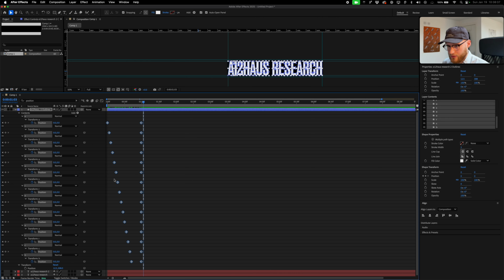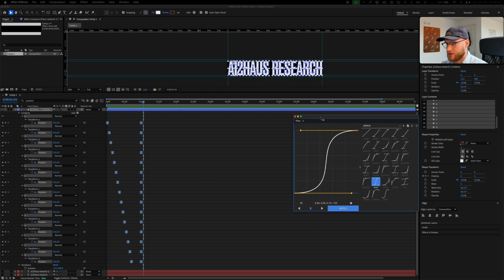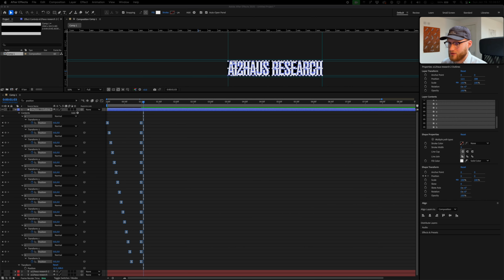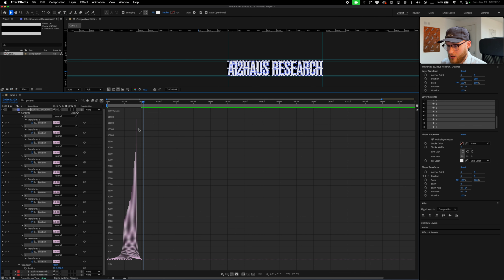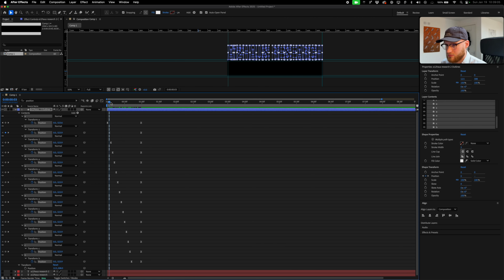What you can do now is right click on this and go to Keyframe Assistant and apply Easy Ease. I also have this add-on called Flow, which I'm going to be using, which essentially allows you to apply ease very easily and consistently. So that's what I'm going to be using for the remaining part of the tutorial. And you can see we get this really interesting kind of chart,